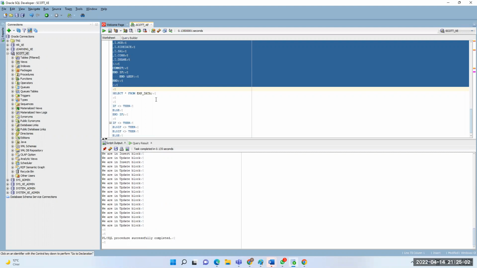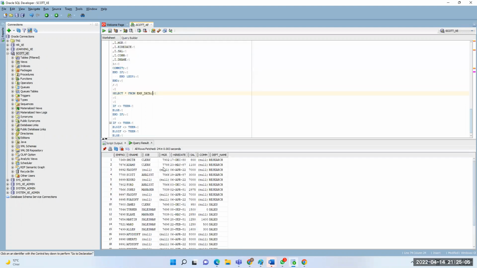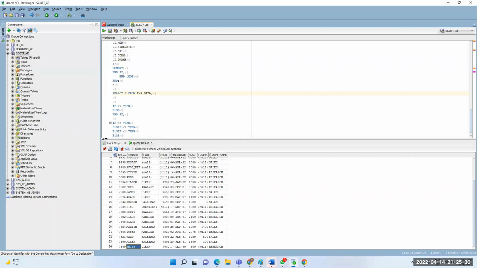Okay. Now see the data. 999 is the new record. Sorry, this is not a new record. These two are updated. See here, the names are updated. And this is the new record we inserted here. Those records which were not processed earlier are also inserted. We didn't have the department number, so they were not inserted in the first run. Now it matches the employee table. Clear?